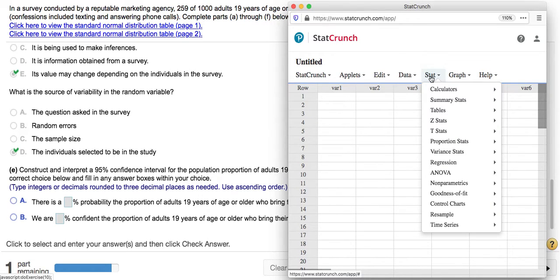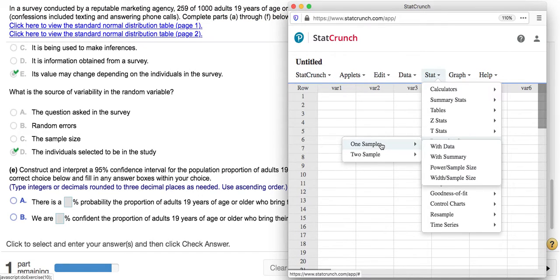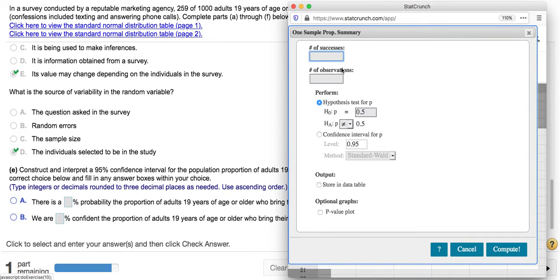So we'll do this for a proportion, meaning we'll go stat, go down to proportion stats, select one sample, and then select with summary. The number of successes was 259 out of a total observations of 1,000. And we want a confidence interval, so I select here, and I see it's already set to 0.95, which is a 95% confidence interval. I'll click compute,